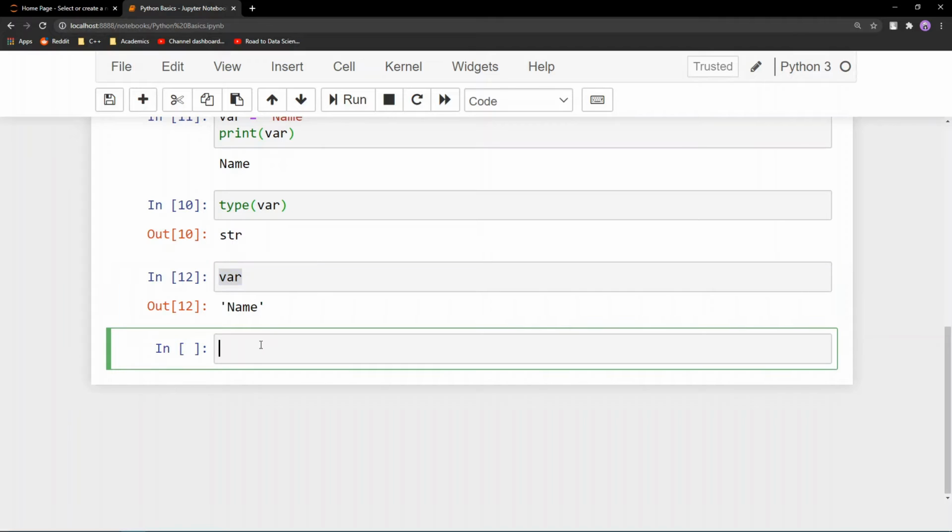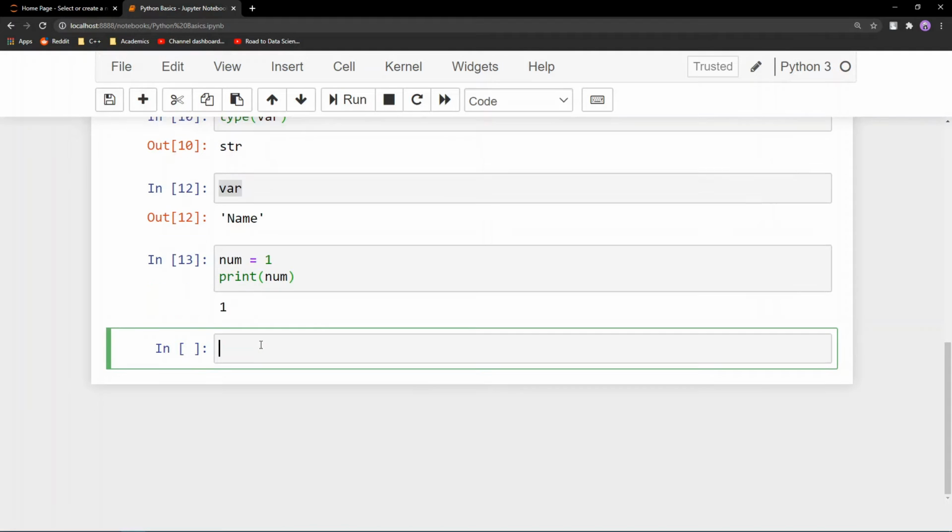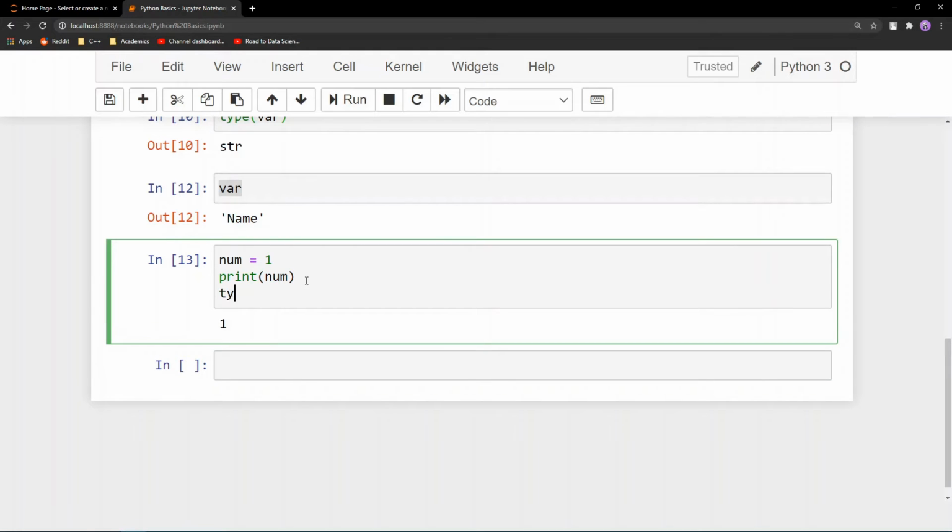You can declare a variable for a number also. Suppose we write num and we call it 1. So if you just print out this number, you can see here the number 1 is getting printed. So what is the type of the number? You can just write here type and put the number variable inside it, and you can see it is a type